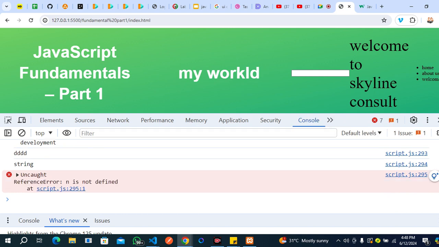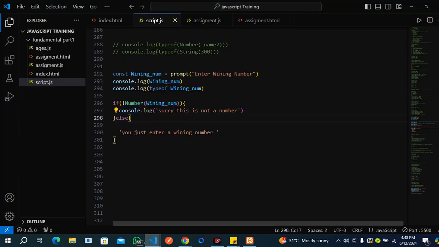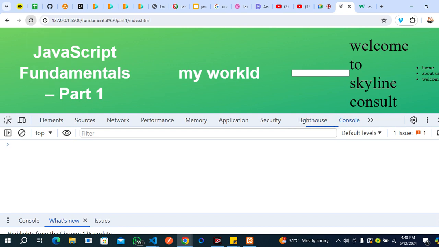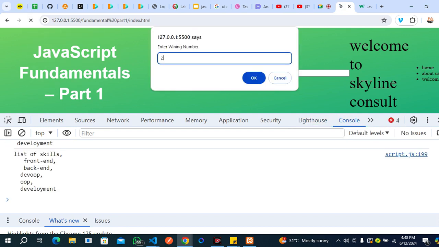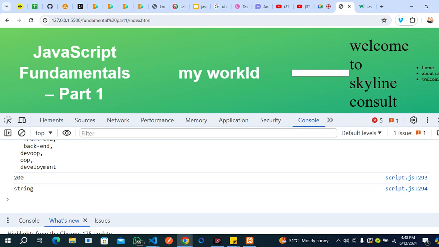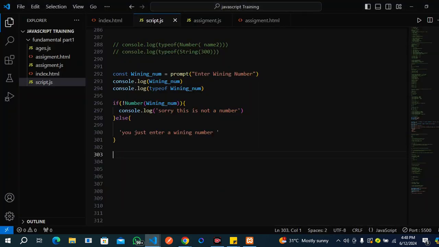They said n is not defined. Do you have anything like n there? N is not defined. Let's check, let's see. Okay, I think that this is not running. So what we are going to do is that I feel that